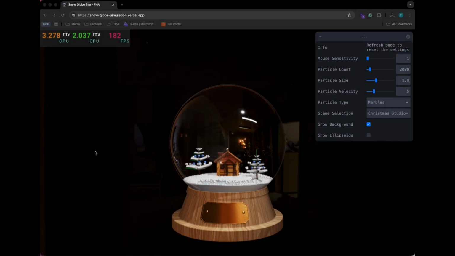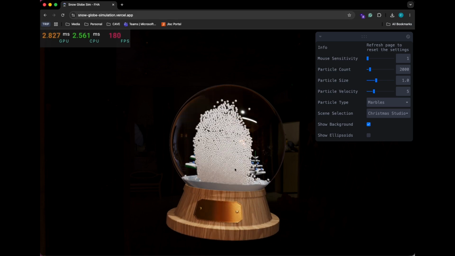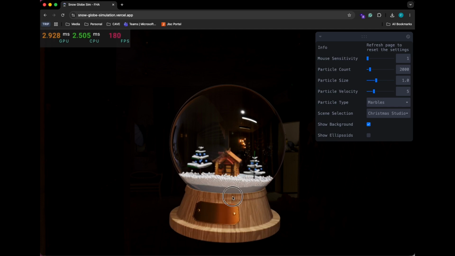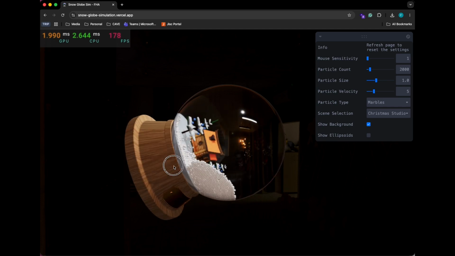In terms of the demo, you can access it here. You can open it online in a browser. As we saw before, everything starts with the user input. Using your mouse, you can click and drag the snow globe and alter the direction of the gravity, influencing particle